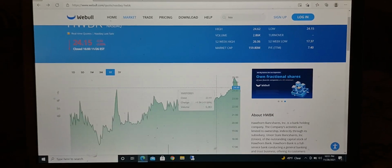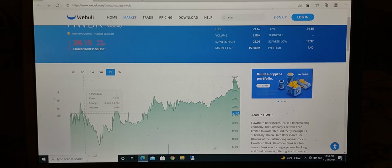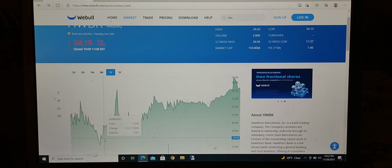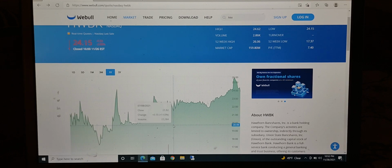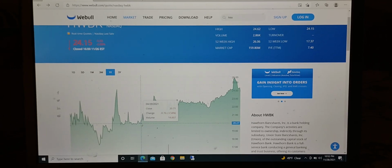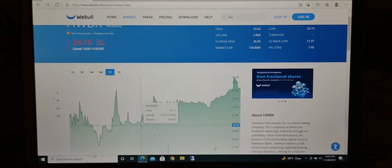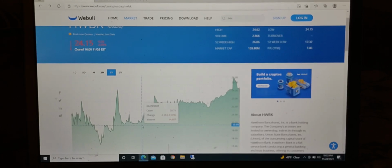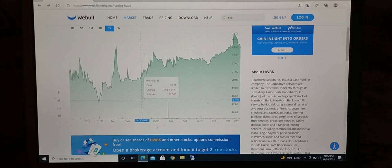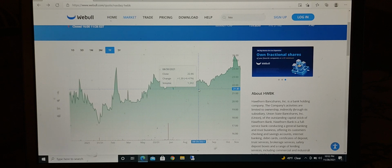So what I have here on the 1-year chart, right here looks pretty flat. Well, actually, let's do it in zones. So the first, let's say up to here, they dropped down, then they went up, then they stood pretty flat. So around here, you could say a lot of points touch this mark right here. So we're looking at about $20. So around, let's see, around May, they broke the trend for the $20 mark, and now the new zone was, let's say, about